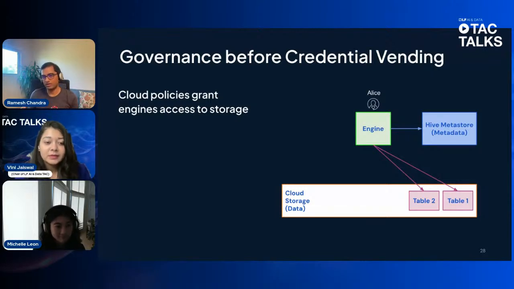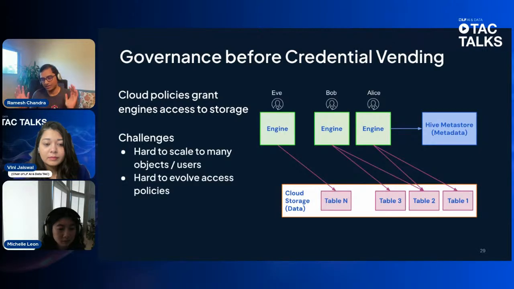So on S3, for example, if Alice has access to table 1 and table 2, the administrator will define an instance profile policy that gives access to the files corresponding to table 1 and table 2, and then give the engine access to that instance profile, right? This is how governance was done before credential vending, and it's done at the cloud storage policies level. This model works okay for a small organization with a few users and a few objects, but it breaks down as you